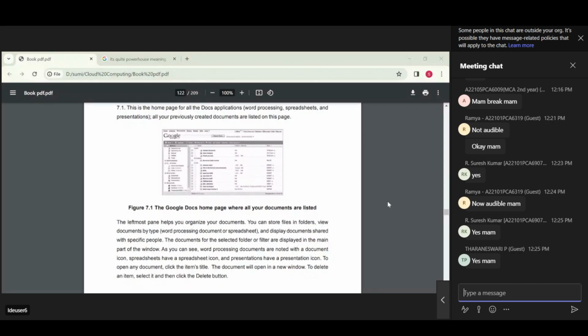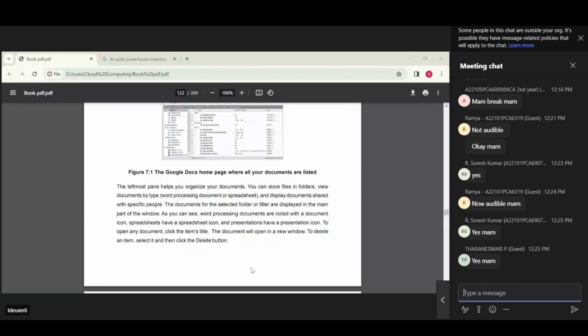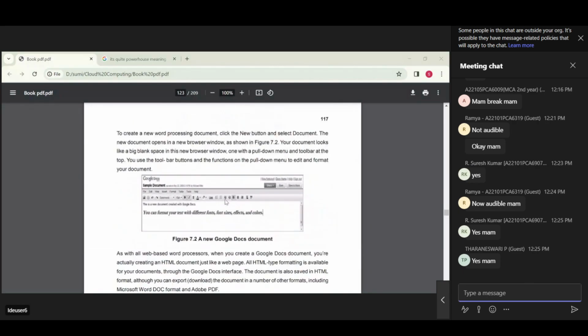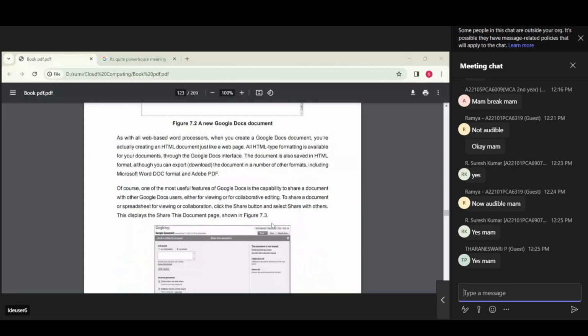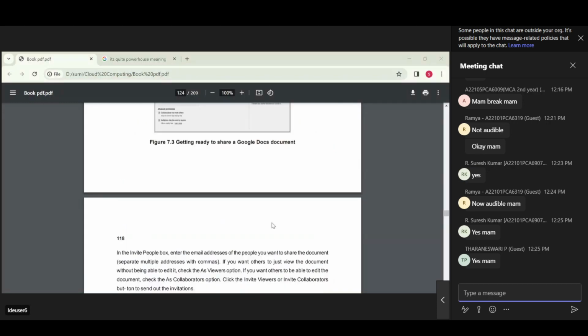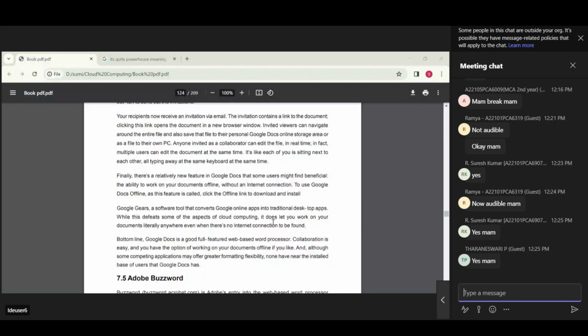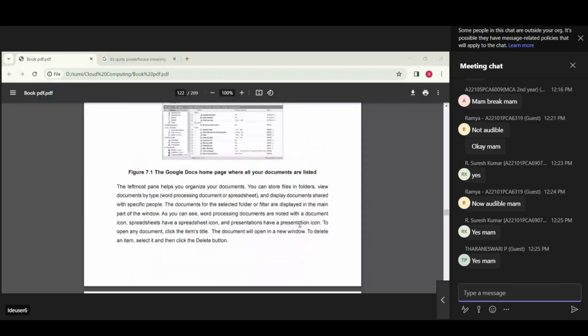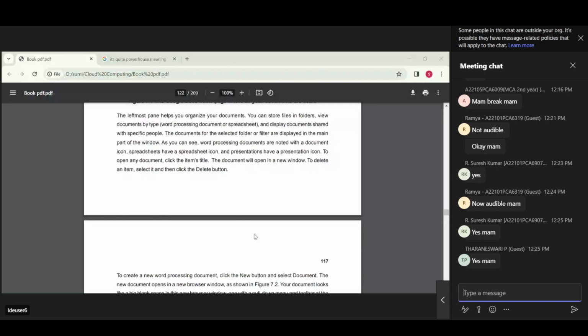So if you click on this, open any document, the document will open in a new window, and to delete an item, select it and then click the delete button. So actually here it shows a full usage of Google Docs. Okay, I think most of you know how to use Microsoft Word. Same as you can use this Google Docs. Okay, so file creation, folder creation, saving, the document creation, everything will be the same. Okay,